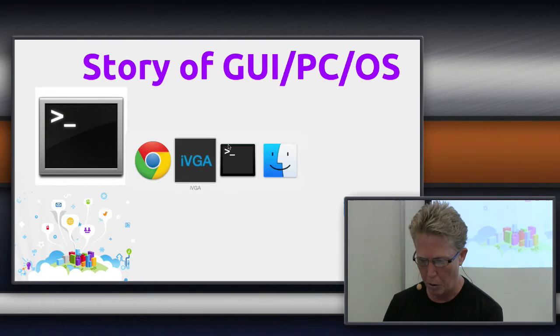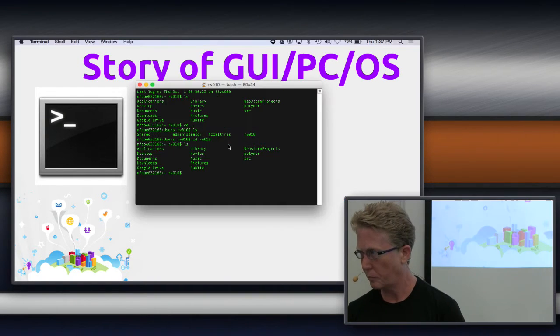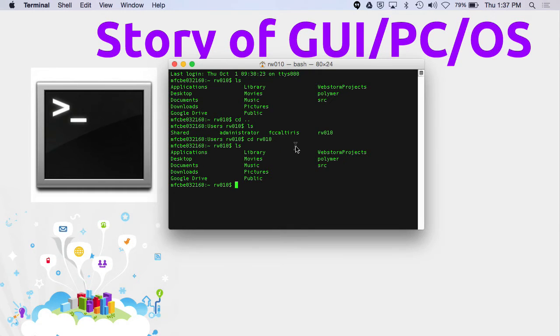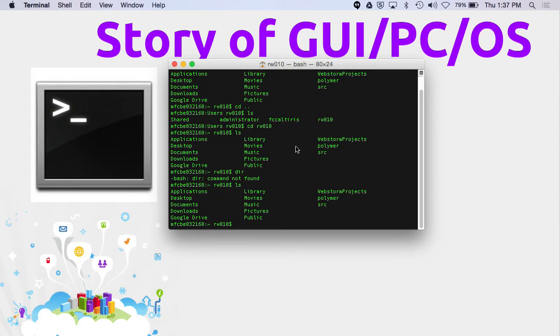So here's an example. I'm actually on my Mac today. Right? If you just go to the screen so they can see this a little bit. This is called the terminal, but on Windows it's called the command line. And so if you want to do something, you issue, oh, sorry, I always forget because I'm either in Windows. If I'm in Windows and I want to see a list of files, I do dir. And if I'm on my Mac, which actually this is Linux, so if you drop down into the command line, this is Linux. And so you issue commands.